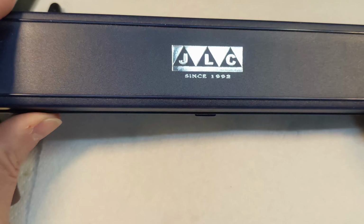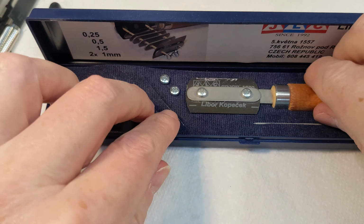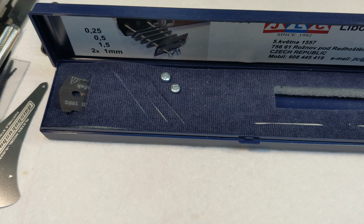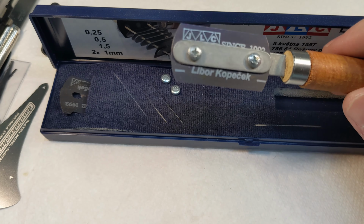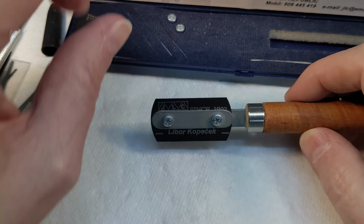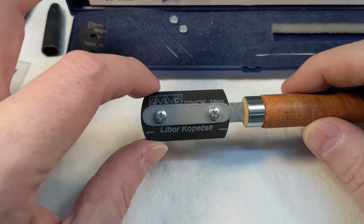And now we come to what I consider the pièce de résistance, as they say. Apologies to anyone French listening for me butchering that. This is a JLC Razor saw. You have no doubt seen me use this many times on the channel. And it is dusty. It is by far, for me, the best saw. Now, I say that, let me qualify that. It is the best for making very narrow, very clean